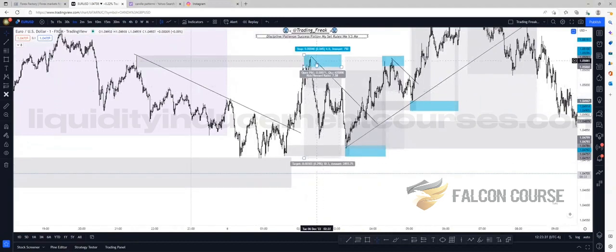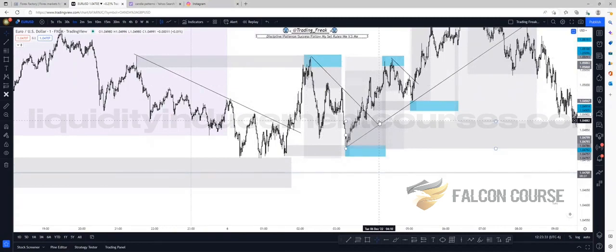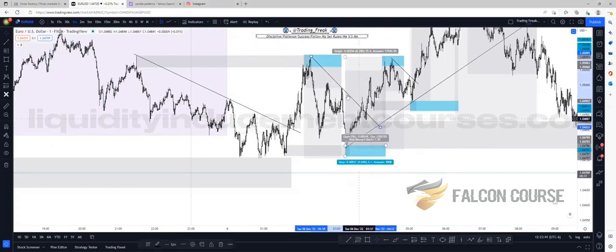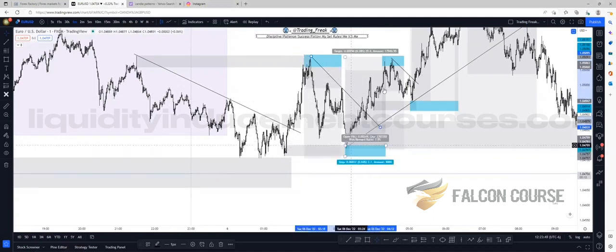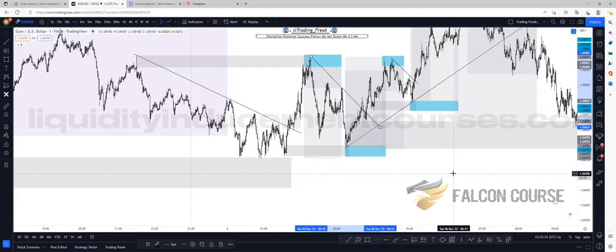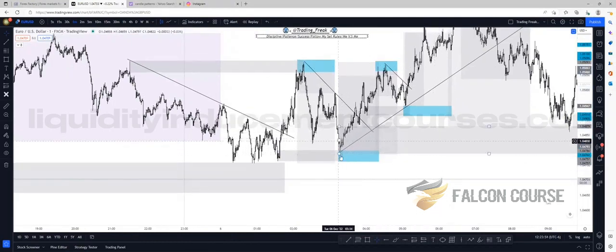All right, so as you can see again, we drew a trend line. Once you have 2 points, you draw your trend line, you adjust it. We just have a trend line. The trend line goes into what? Another OB, correct? So candle formation, OB is strong enough to do what? Push the market up high, right? So again, you could have gotten an entry there. It's a strong low.